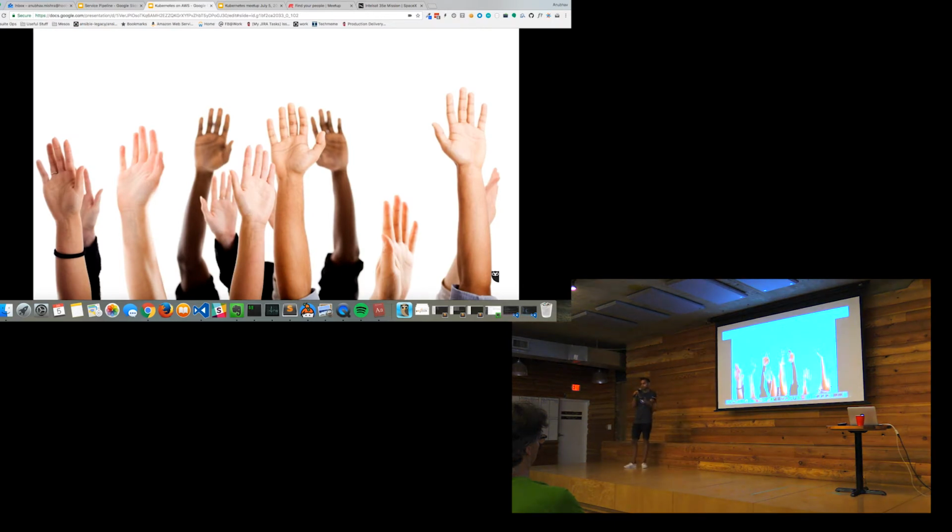I'll start with a show of hands, just to grasp where everyone's coming from. How many people have actually used Kubernetes and worked with it? Cool, awesome. How many people use Amazon to run their workloads? Not running Kubernetes, but run their workloads. It's a lot of people, okay. How many people want to run Kubernetes on Amazon?